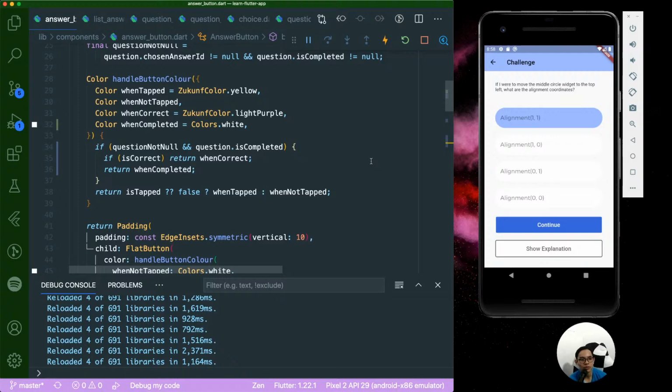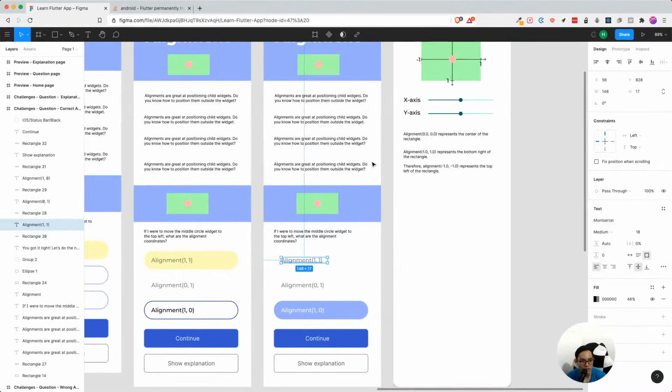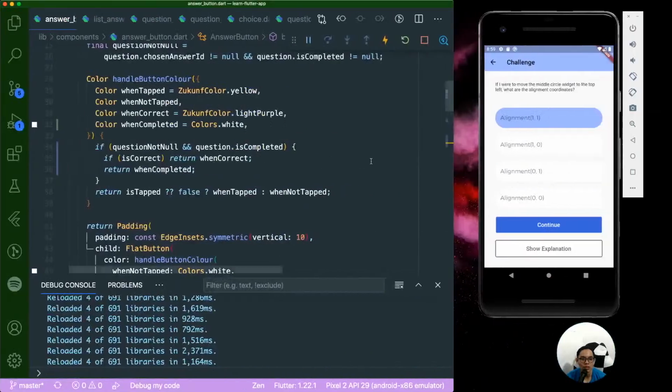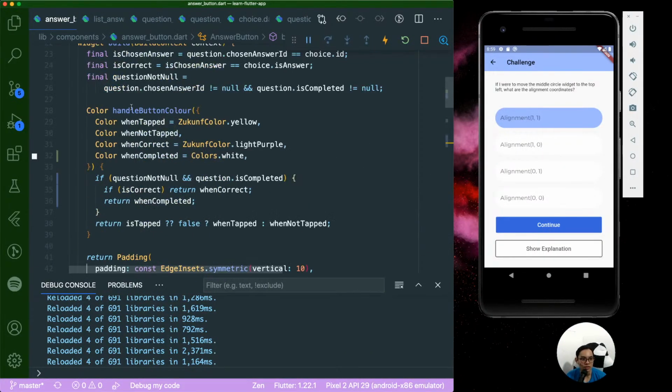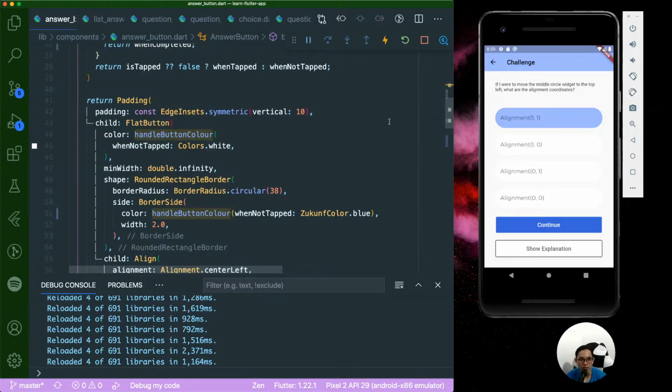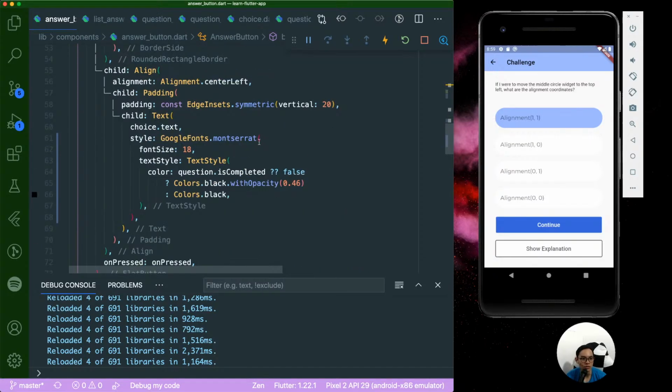There's a when not tab as well. So you can use the handle button color over here as well. So if it's correct, do something. If it's wrong, then do white as well. Oh, okay, I see it. So I think you see that handle button color is super helpful because that's where we can make use of it over here. So we can